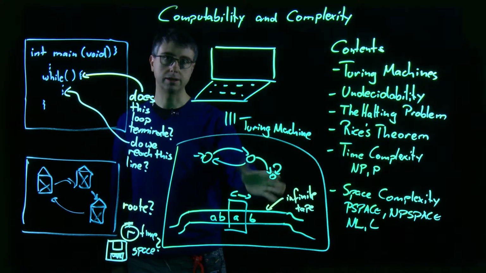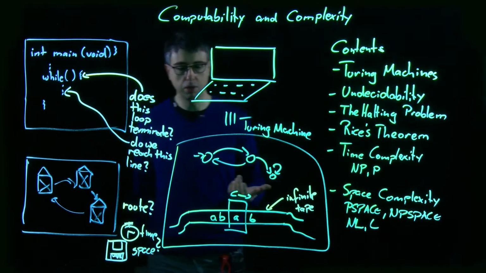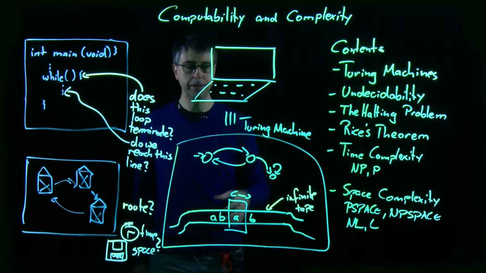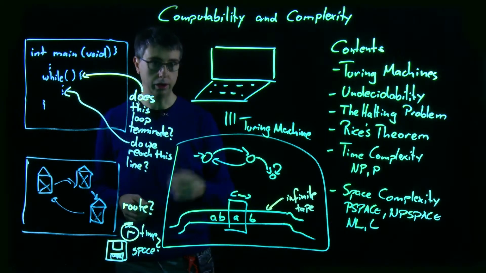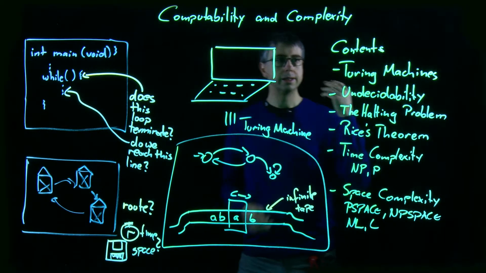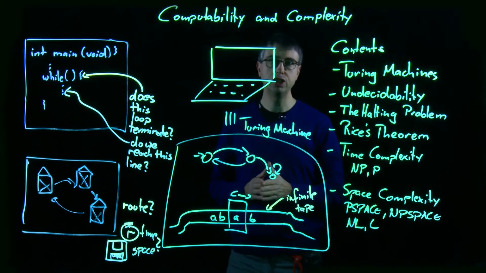Turing machines are just automata that have an infinite tape. It's a very old model. It goes back to Turing apparently, and he invented it, giving it an infinite tape that can be written on and read from. So the contents of the course is we start with the definition of the Turing machine,